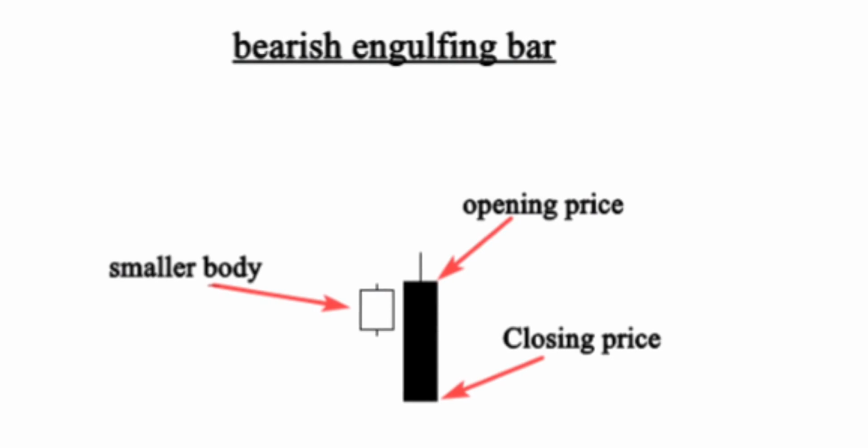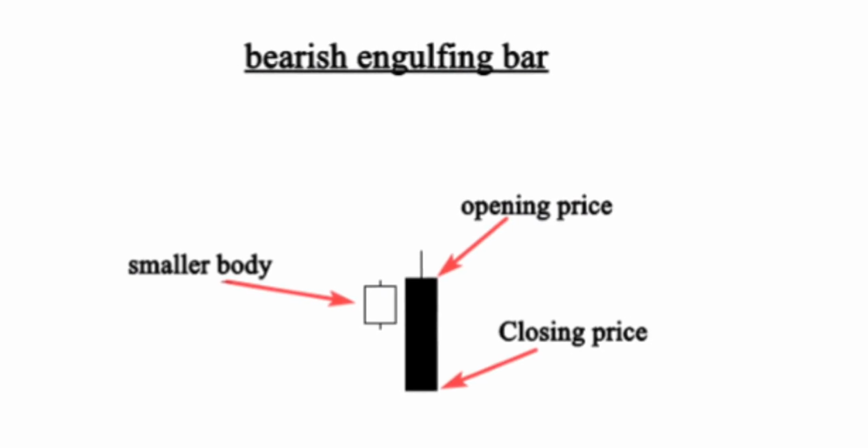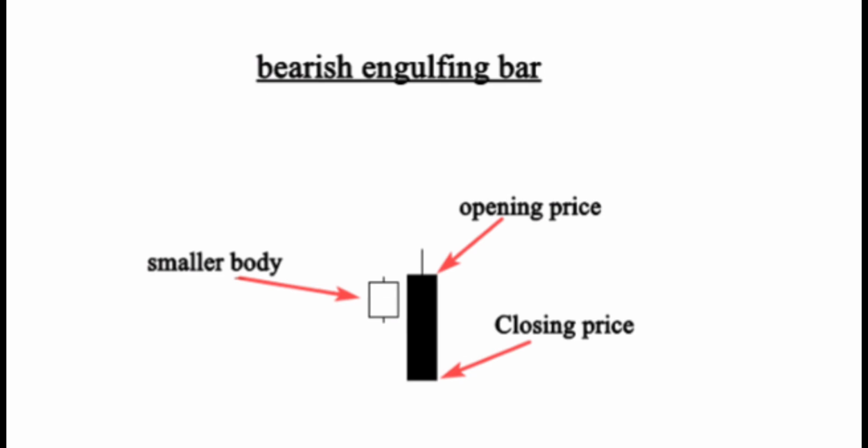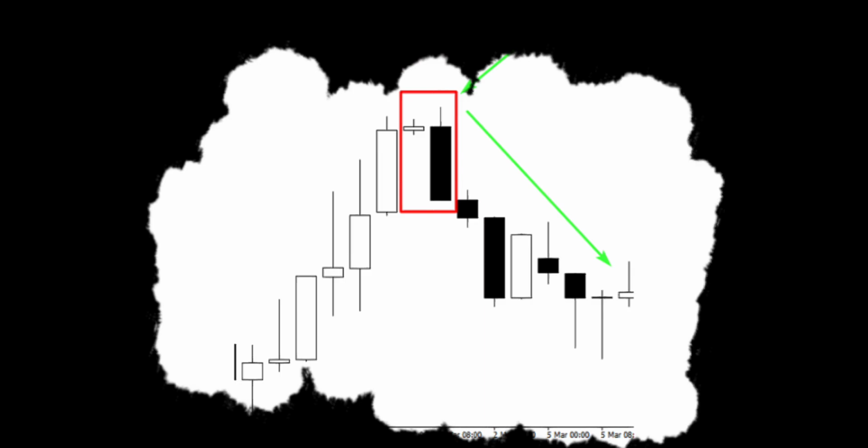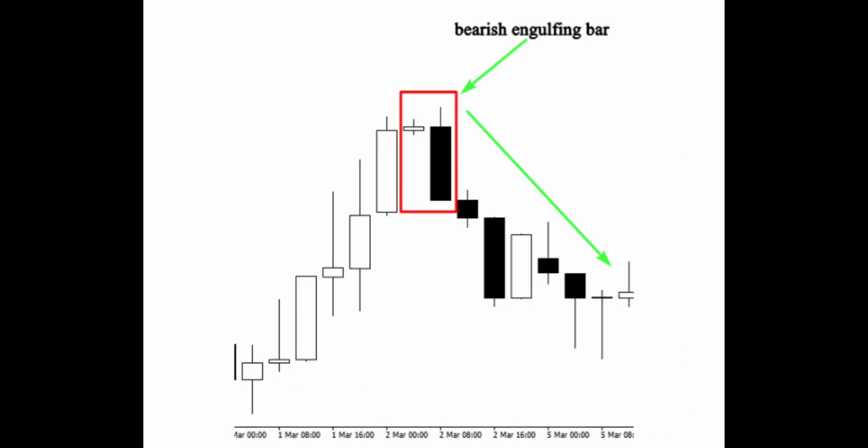This candlestick pattern gives us valuable information about bulls and bears in the market. In case of a bearish engulfing bar, this pattern tells us that sellers are in control of the market. When this pattern occurs at the end of an uptrend, this indicates that buyers are engulfed by sellers, which signals a trend reversal. As you can see, when this price action pattern occurs in an uptrend, we can anticipate a trend reversal because buyers are not still in control of the market, and sellers are trying to push the market